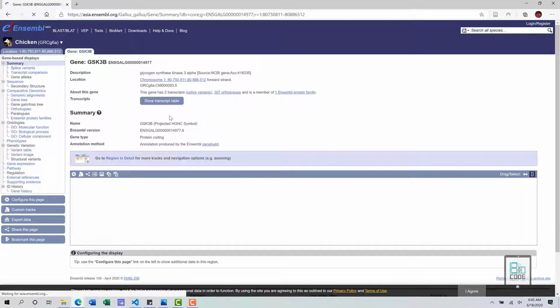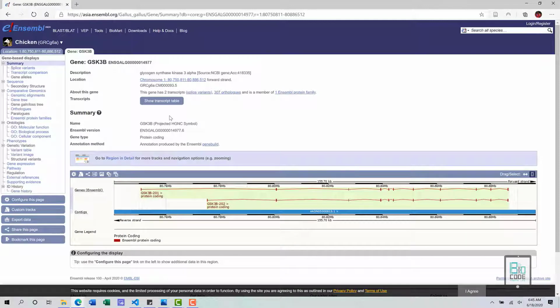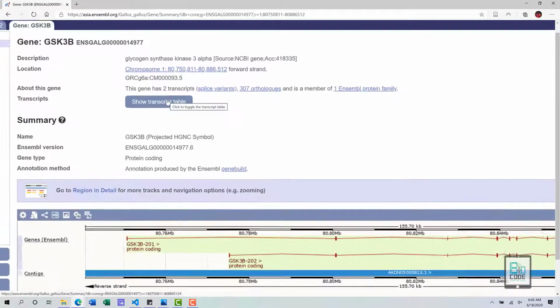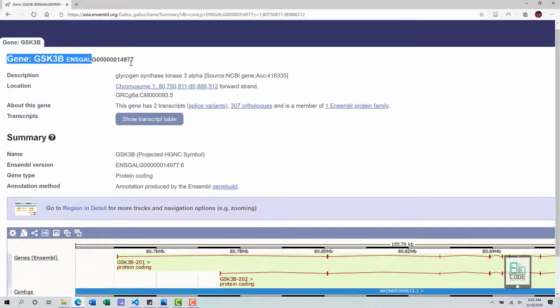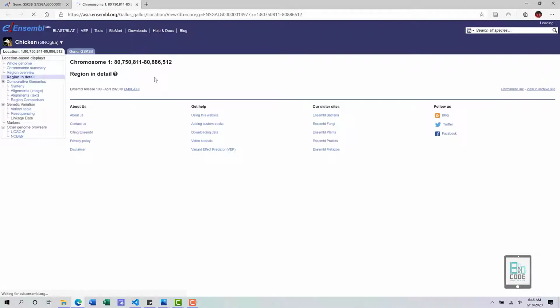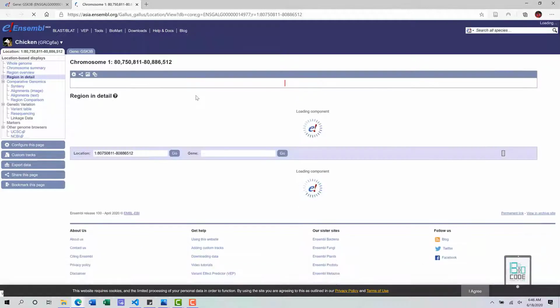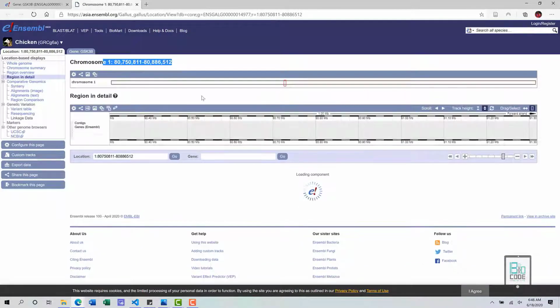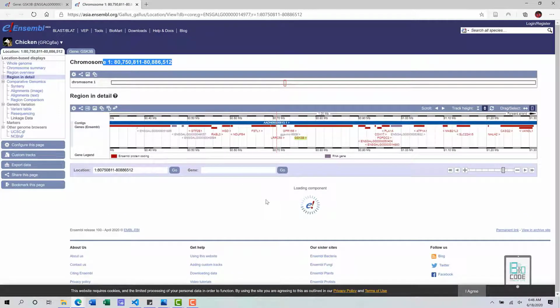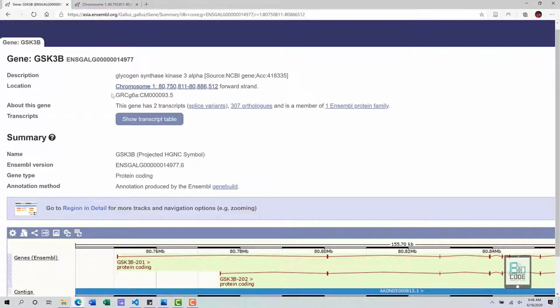On Ensembl, each gene has its own gene page, and it has a plethora of information available related to that particular gene. This is the basic home page, and you can see the gene symbol, the Ensembl ID, the description, and the location where it is present. If you click on that region, you will open up the exact location of this particular gene on chromosome 1 or whatever chromosome, in a more graphical manner. It's going to take some time, and once it loads up, we will analyze this in the next section.